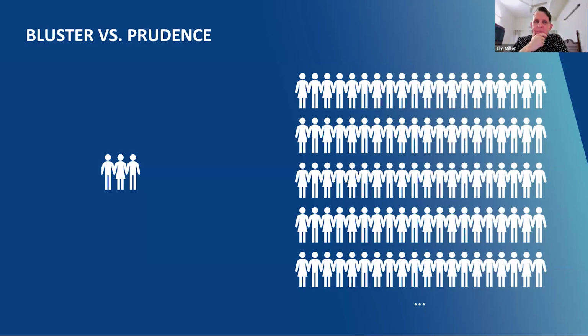But then some people say Bluster, well, Bluster's faster. If I had a very short amount of time, I would do it really quickly. Some people say if it was a pretty low-risk decision, I would take Bluster. And these are things that I think are really valuable insights into the way people think about decision-making. But the point here is not to say that one is better than the other.